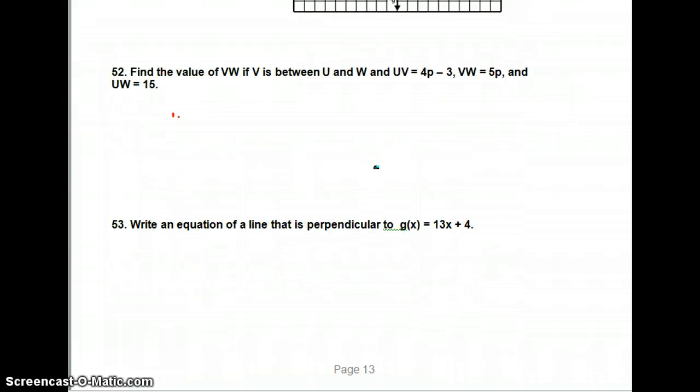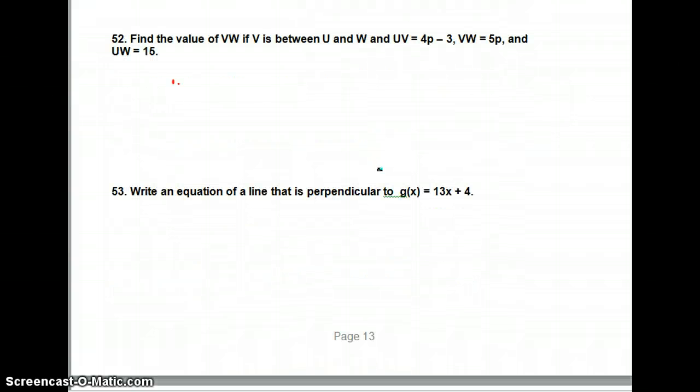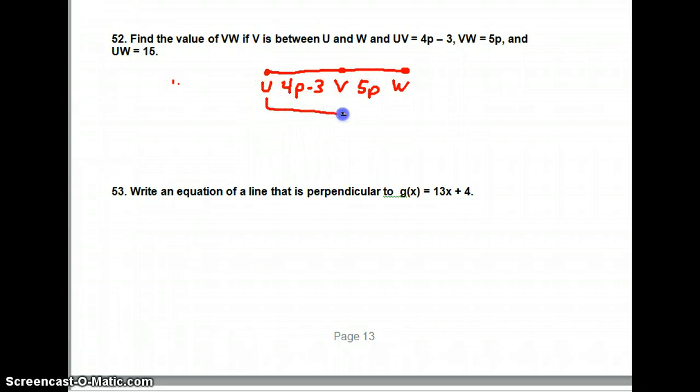52. Find the value of VW. If V is between U and W, UV is 4P minus 3, VW is 5P, and UW is 15. Okay, so V is between U and W, so U, V, W. UV is 4P minus 3. VW is 5P, and UW is 15. So we know that 4P minus 3